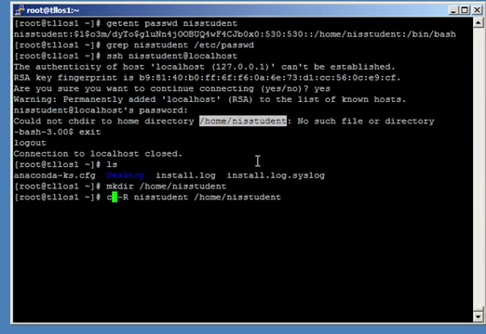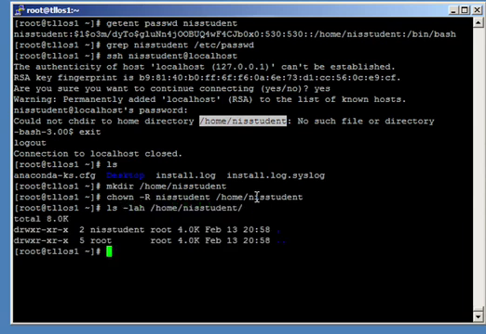What I meant to do was change ownership to make that user the owner of that directory. So now the NIS student owns that directory, and we can do ls -lah /home/NISstudent and see that